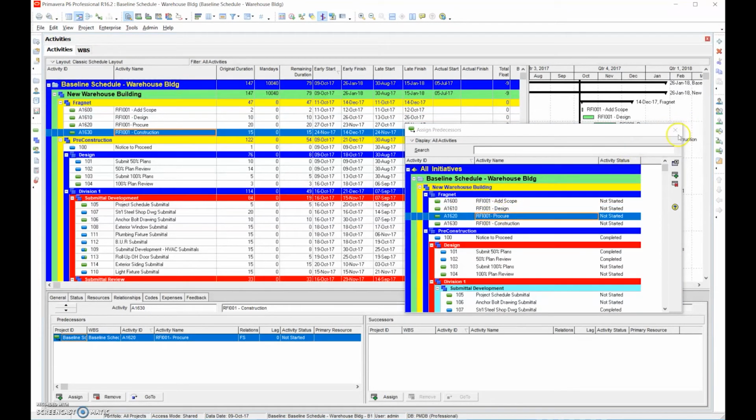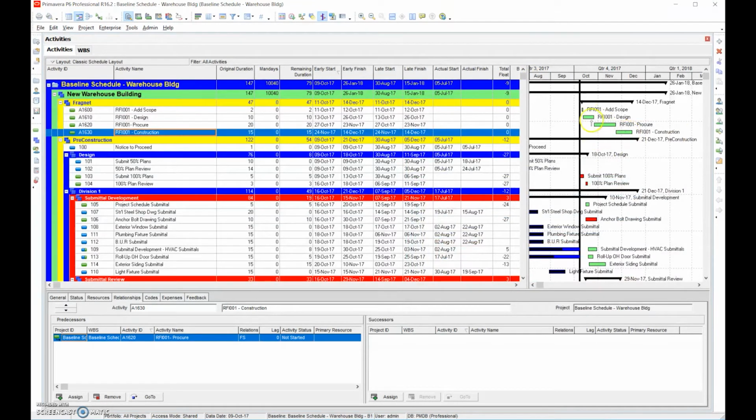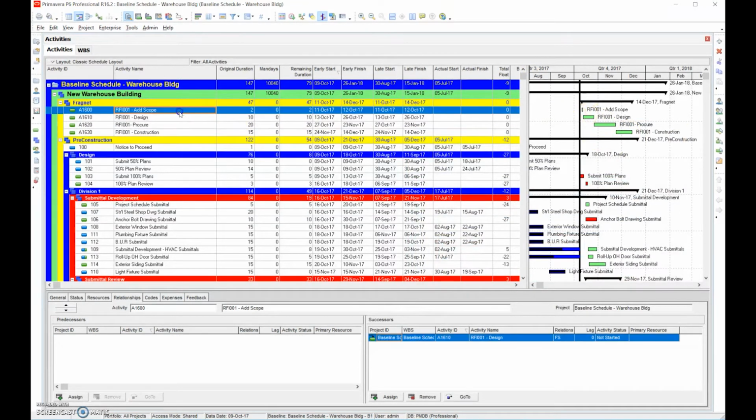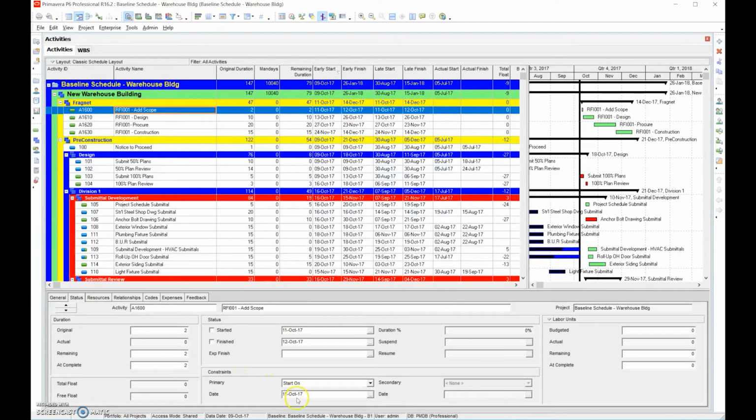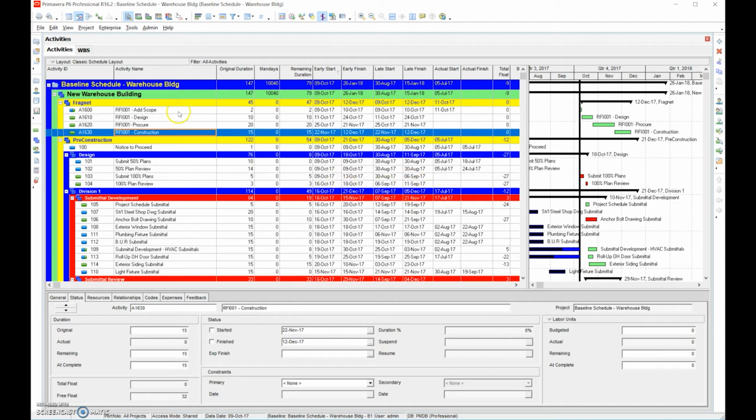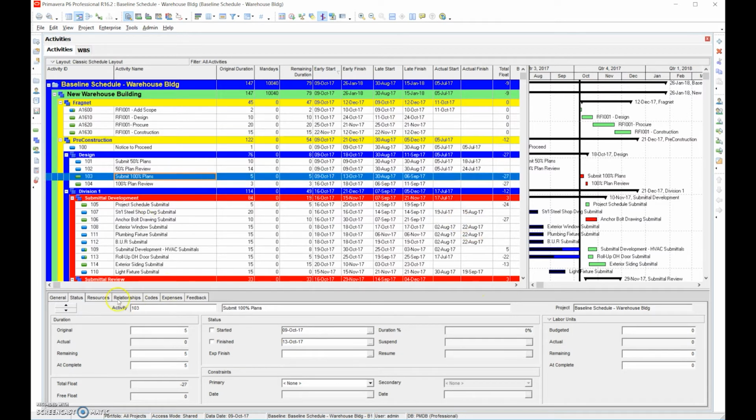Okay, so now we have a little network tied in here. You can see with logic, we have a specific starting point that's attached to an actual date. Okay, and we can put a constraint on it. What I like to do is just go ahead and fix it, put a start on date. Okay, and now that we have that, the toughest thing about this is figuring out where it's going to tie into the existing schedule. So we can say, okay, the construction, because we added this specific scope of work, it's affecting the 100% plans. So we're going to say, okay,